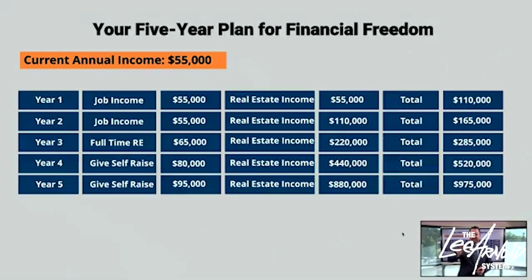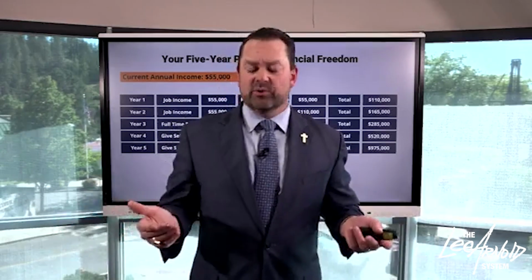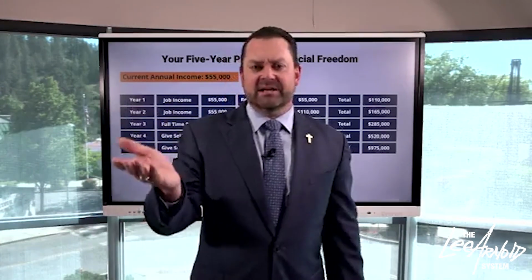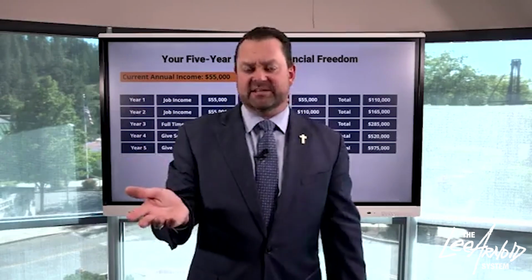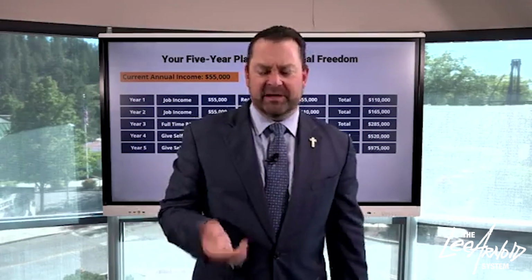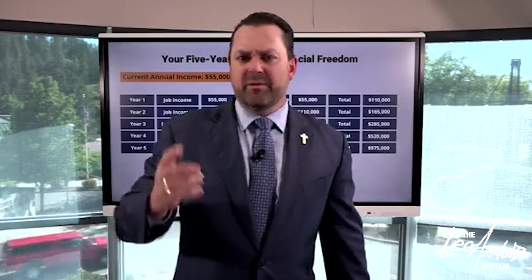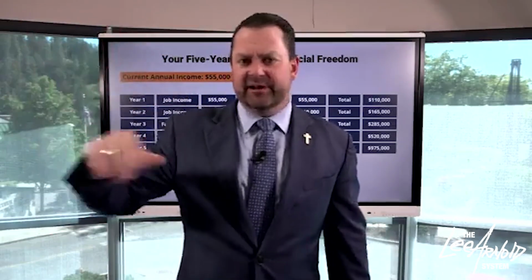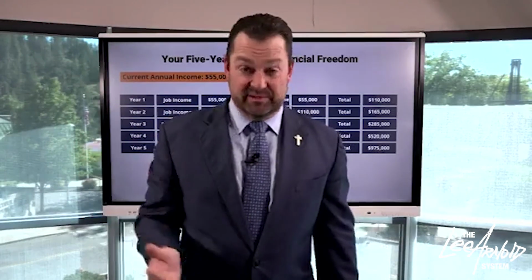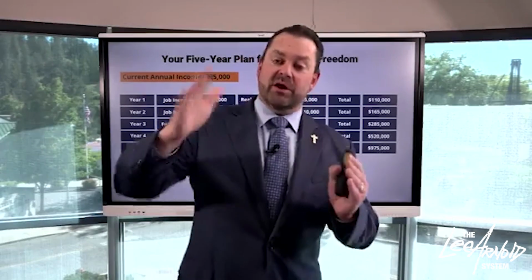Now, keep in mind, guys, I know that this might seem like a little pie in the sky because you're thinking out in 5 years and going, Lee, if I made $975,000 a year, I wouldn't even know what to do with myself. Yeah, you would, because you didn't just suddenly get rich. You made $110,000 your first year. You made $165,000 your second year. You made $205,000 your third year. You made $520,000 your fourth year, and you made $975,000 your 5th year. Nobody goes from zero to rich overnight, again, unless it's lottery or it's inherited or something like that. Anybody who owns a business or has started a business, it just grows.